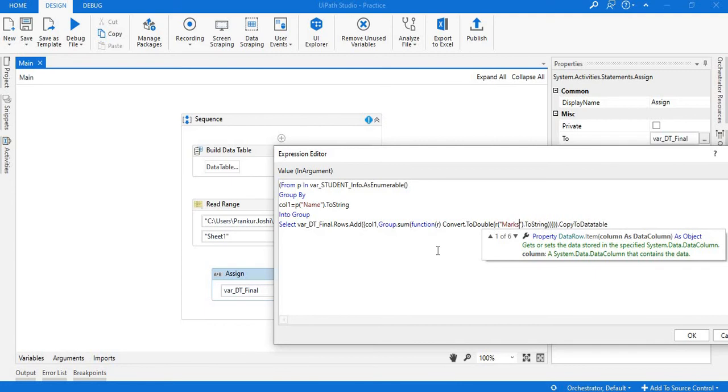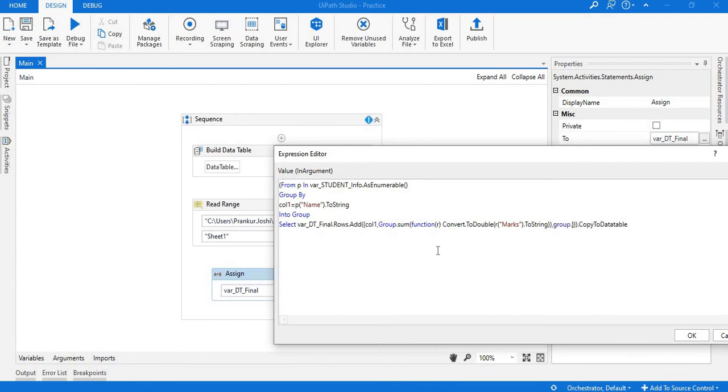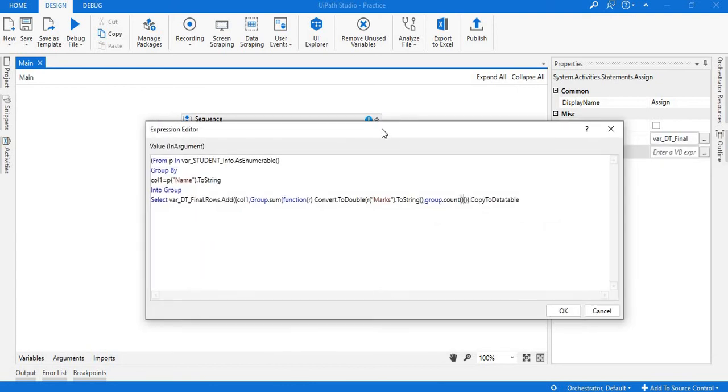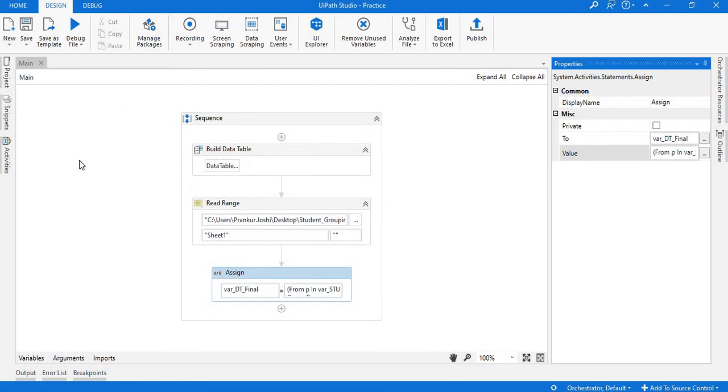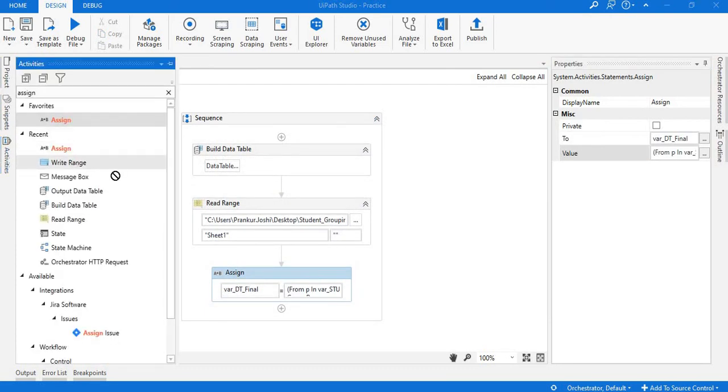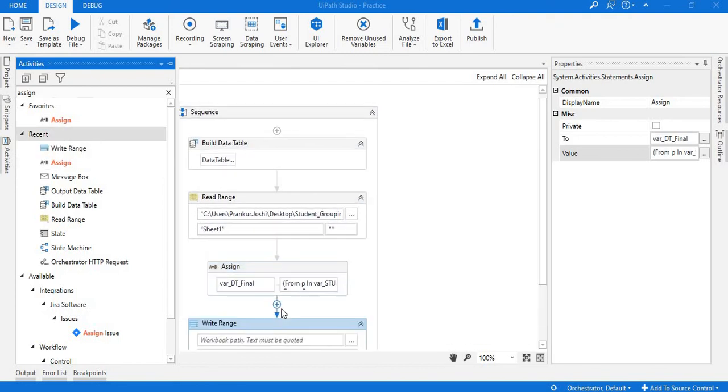So the column name was marks, and after this we need the count also, so we would write just group dot count, so it will count everything, the number of rows we are grouping. So let me press OK, and what we will do, we will write it back to the same